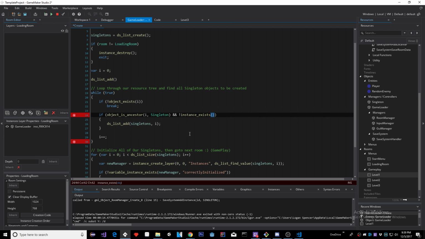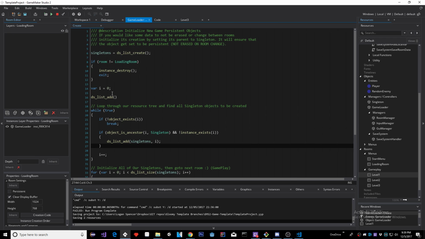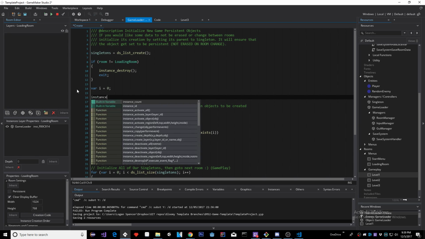What? Object is, what is I? Why is this confusing me so much? I is the ID, so I think I could just use I. If not instance exists, I, then we add it to our list. Okay, so all I need to do basically is just say instance create